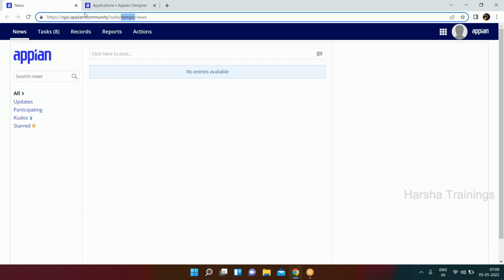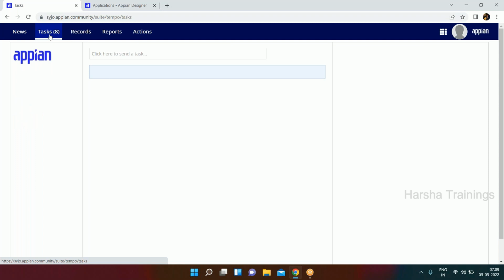Whatever you have built, it has 5 sub tabs available. The first tab is the news feed, where you can see if any news has been published related to your application. So you will be seeing all those news here. The second sub